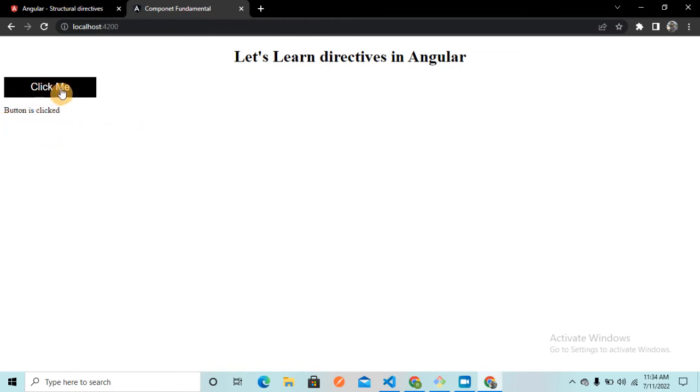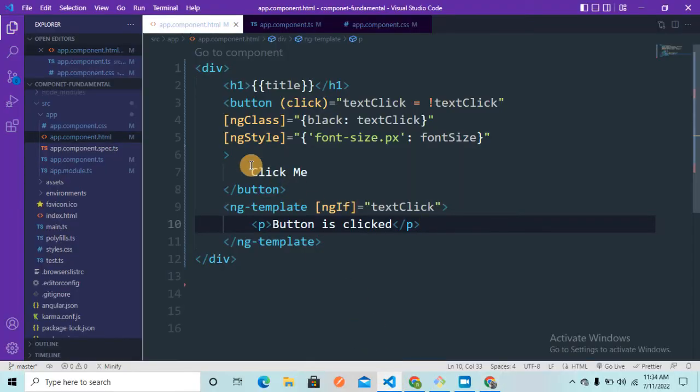Let me click one more time, and the paragraph has disappeared right now. Let me click again, and we can see that "button is clicked". So here we are adding an element inside the DOM dynamically. We are adding an element inside the DOM when a certain condition is matched, and whenever a certain condition is mismatched, we are removing that element from the DOM. That can be done using ngIf directives. These types of directives are called structural directives, because they are changing the structure of the